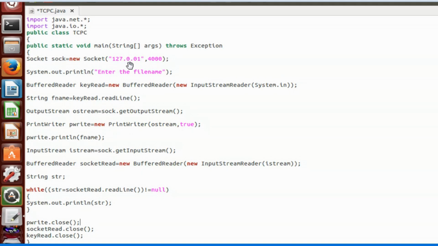I can use this for both client and server when I am running both on my system. It is reserved for this purpose. I can use this program without any error, and with the same IP address you can also run it on your system.